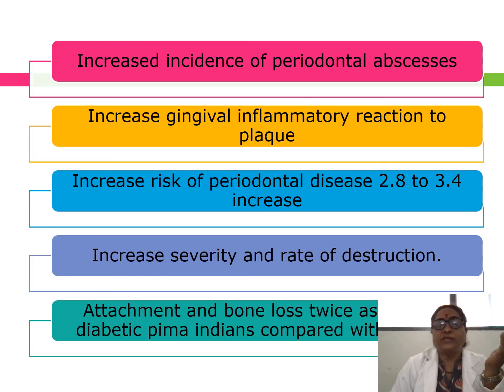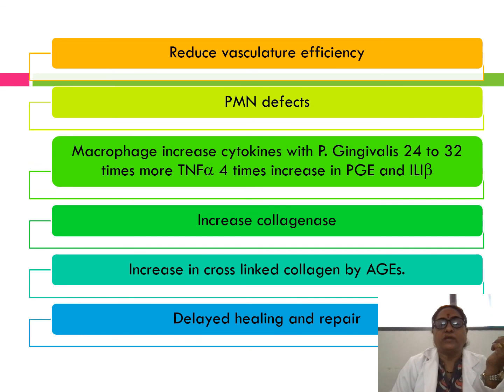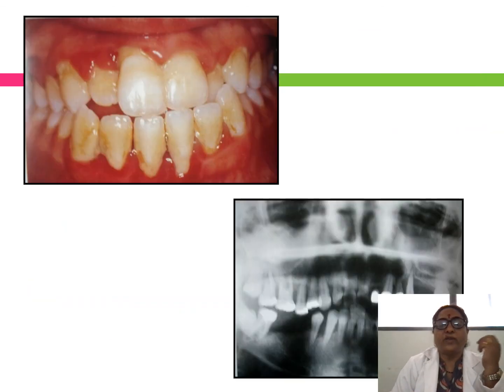The inflammatory response to the plaque is very much increased, and increased severity and rate of destruction is seen. Attachment and bone loss are usually seen across. PMN defects are seen, along with increased collagenase, increased cross-linked collagen by AGE, and delayed healing and repair. So this is a condition where you will be seeing this gingival disease. So if the child is suffering with the